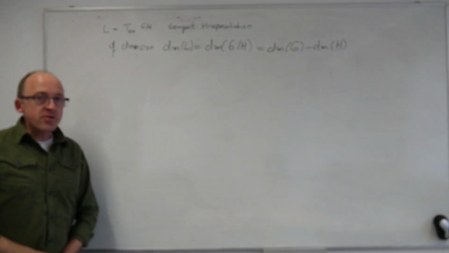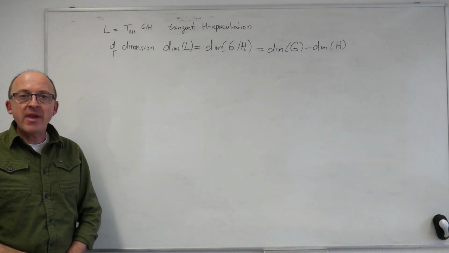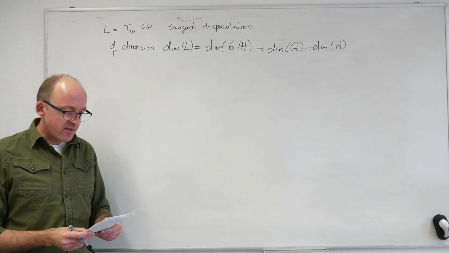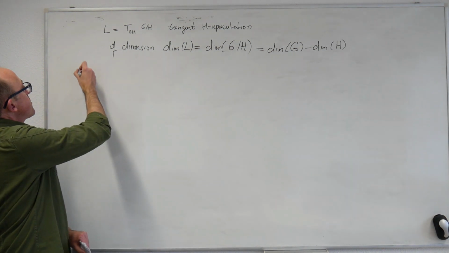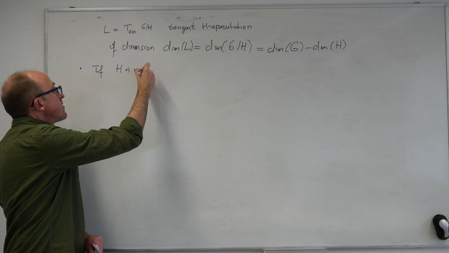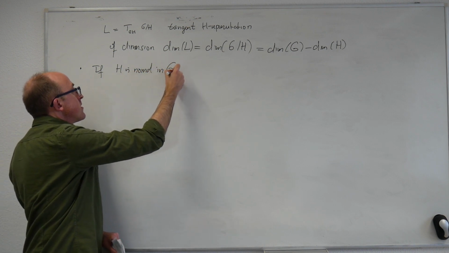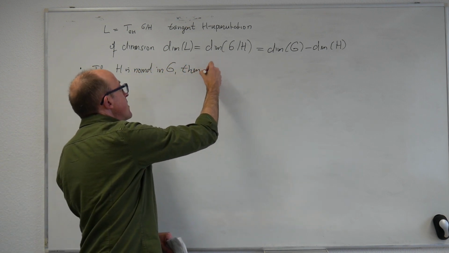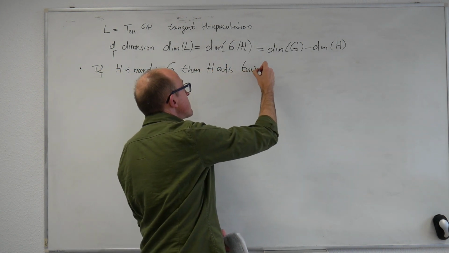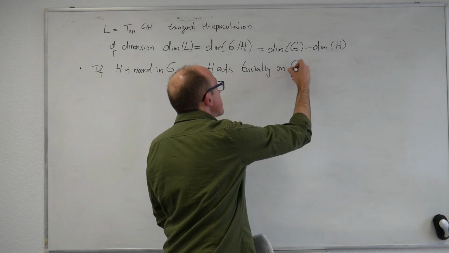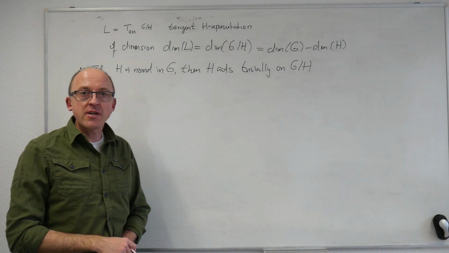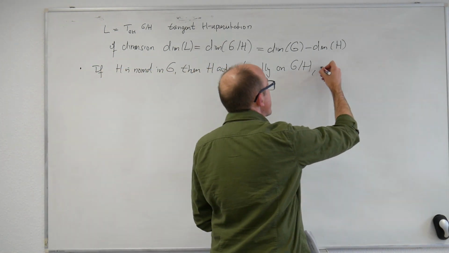So the H action on this tangent representation L may or may not be trivial, and this can make a difference for various things. So let me point out one situation in which it's always trivial. If H is normal in G, then H acts trivially on G mod H altogether. And if it acts trivially on the whole manifold, it also acts trivially on the tangent bundle, it acts trivially everywhere, and hence